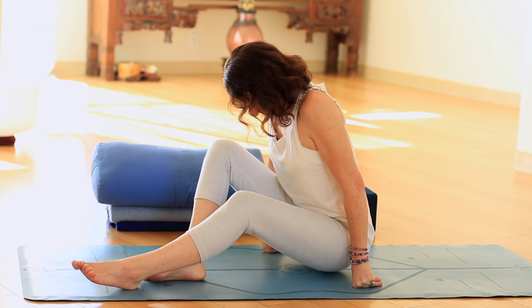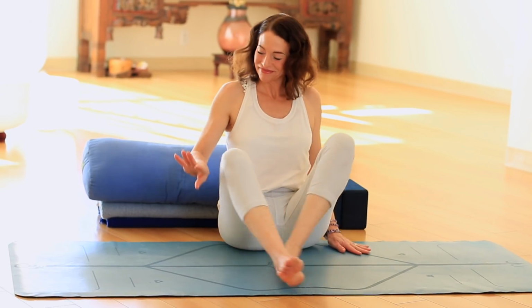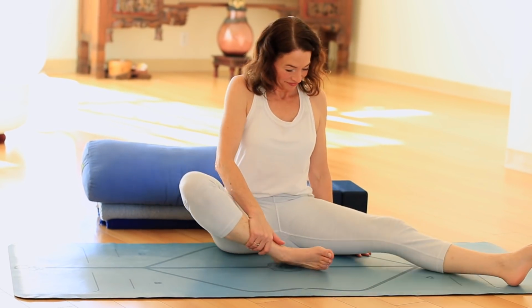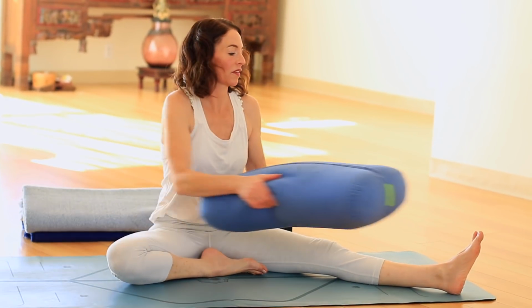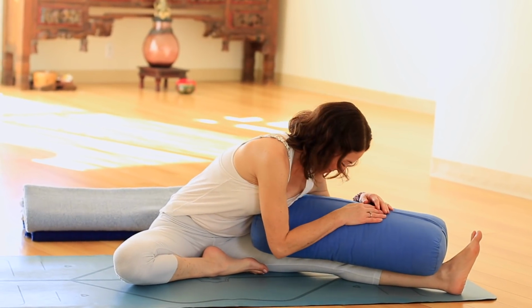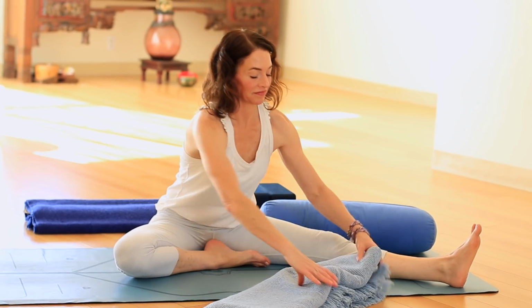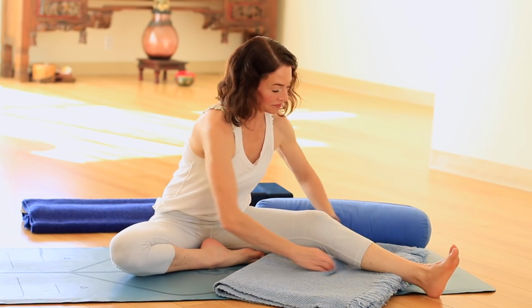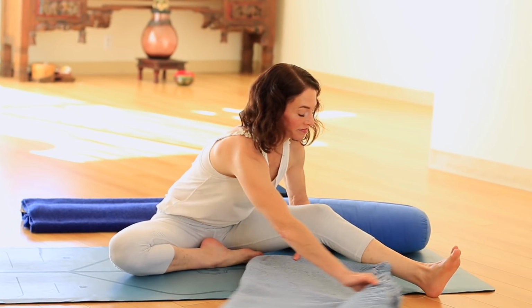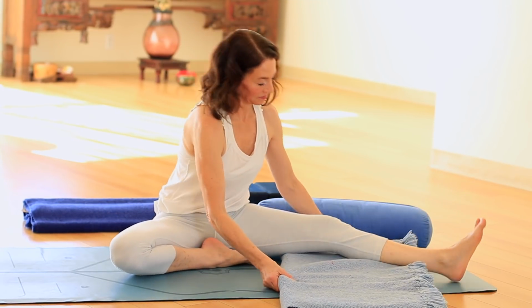And now coming to seated, and turn and face the long side of your mat. And bending your left leg, extend your right leg out to the side. You can put blankets and pillows on top of your leg. If your knee happens to hyperextend or go past straight, I would recommend putting a little corner of a